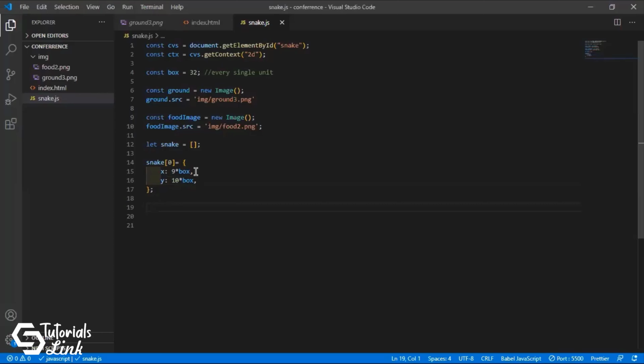So I have done the image, I have done the snake. Now the next thing is we have to create the food. Let's say this will be a changing thing, so the food will be an object.